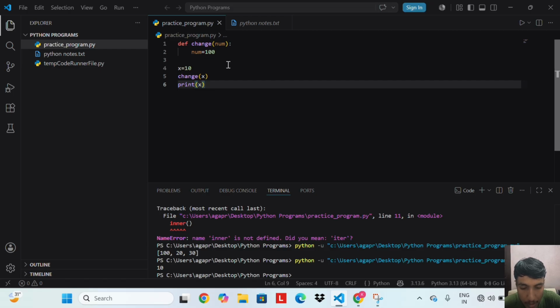So the change stays inside the function and does not affect the outside variable. Simple rule: mutable objects like lists can be changed inside a function and the change shows outside. Immutable objects like integers, strings, and tuples cannot be changed this way.